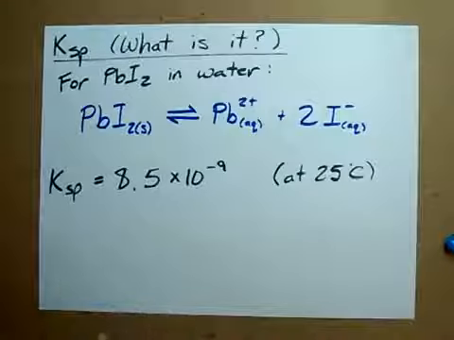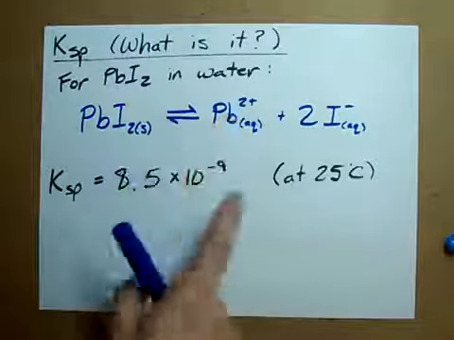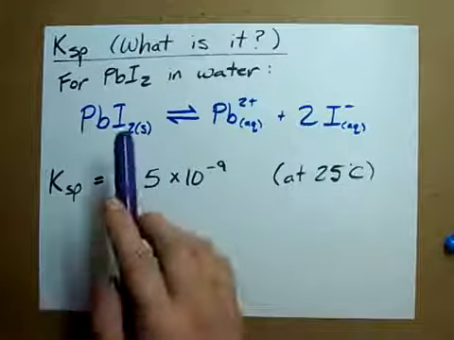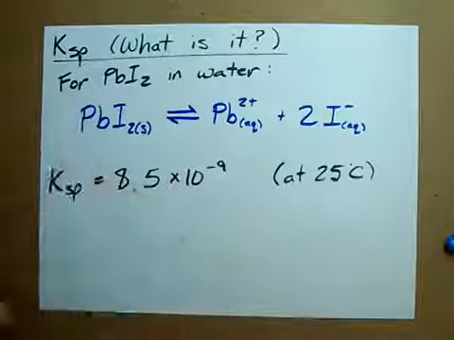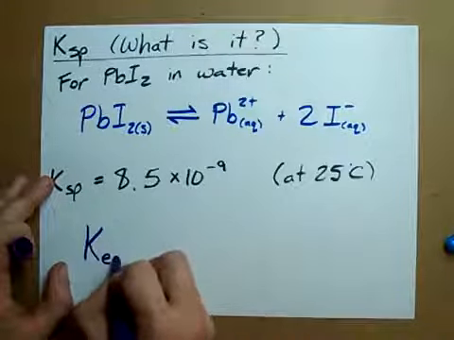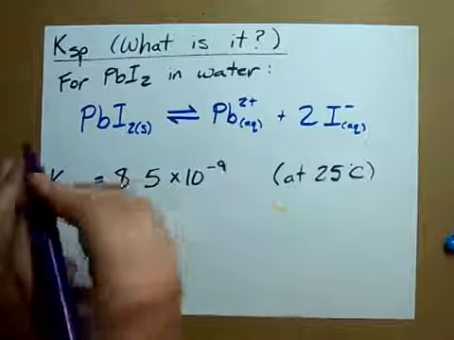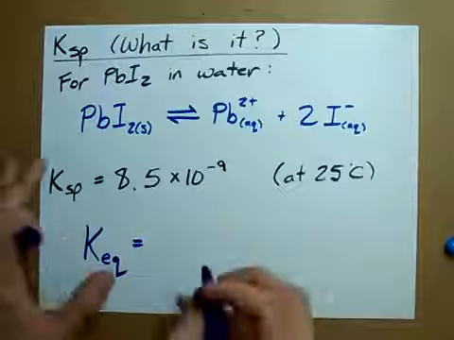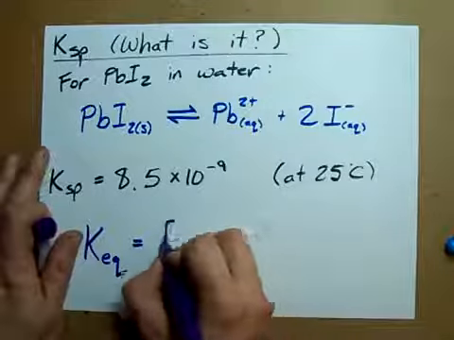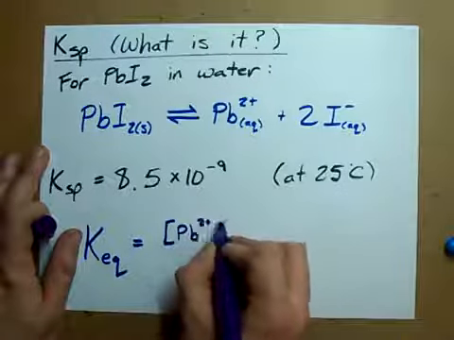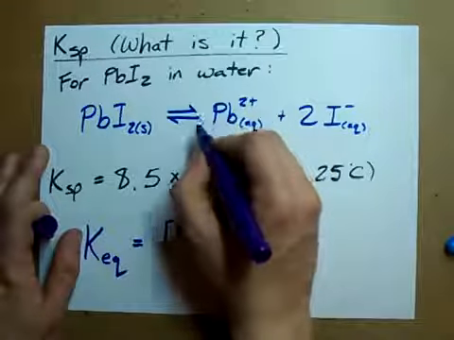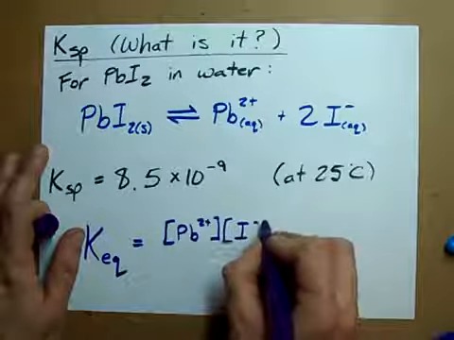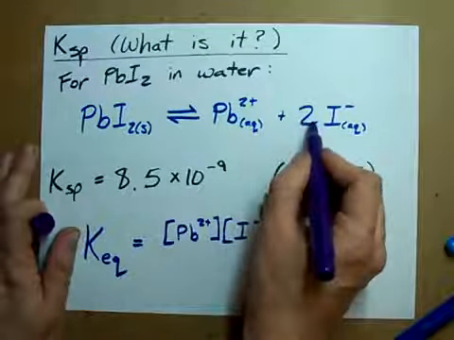Piece of cake. What is the KSP, and how does it relate to this, though? What I want to ask you is, write the equilibrium expression for this reaction. What is KEQ? Well, you take products over reactants and you use concentrations. You ignore solids and liquids. Remember that? So, products over reactants. Pb2+ to the power of 1, because there's no coefficient in front of that, times the concentration of I- squared, because there's a 2 in front there,